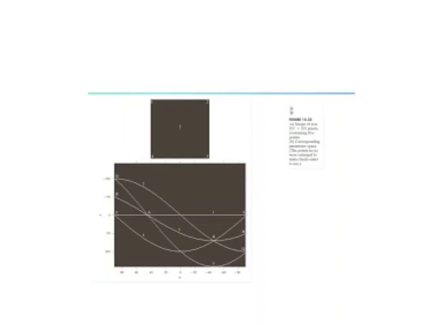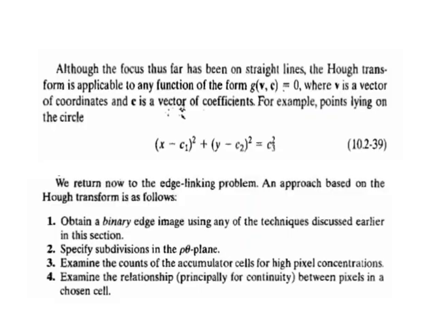As figure C shows, each curve has a different sinusoidal shape. The horizontal line resulting from the mapping of point 1 is the special case of a sinusoid with zero amplitude. The points labeled A and B in figure B show the collinearity detection property of the Hough transform.